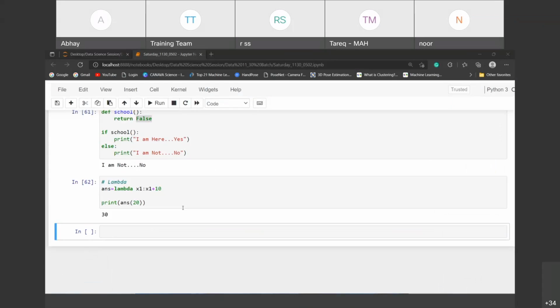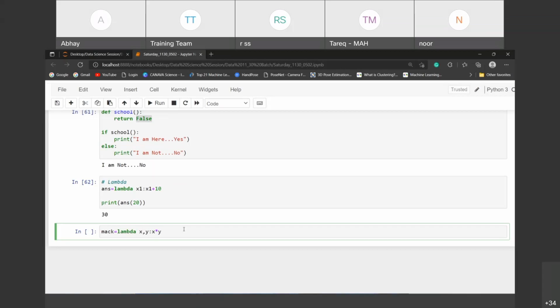One more example. Suppose mac equals lambda, and I'm taking x and y, colon x into y. Lambda is my function. Lambda is saying whatever value you pass, I will give you the result within a short code.